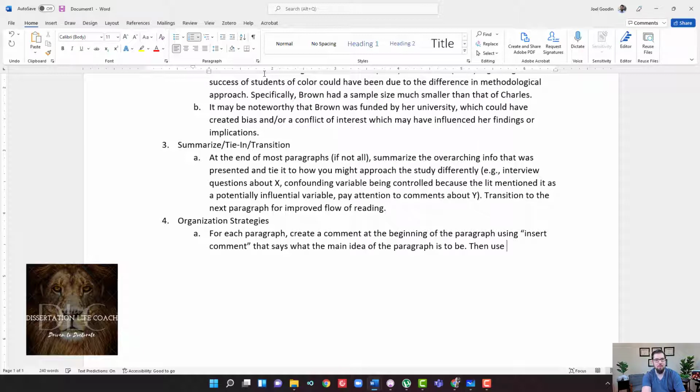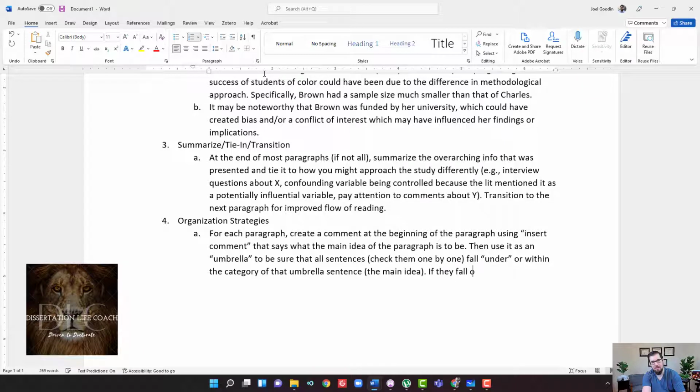Then use it as an umbrella to be sure that all sentences, check them one by one, fall under or within the category of that umbrella sentence, the main idea.